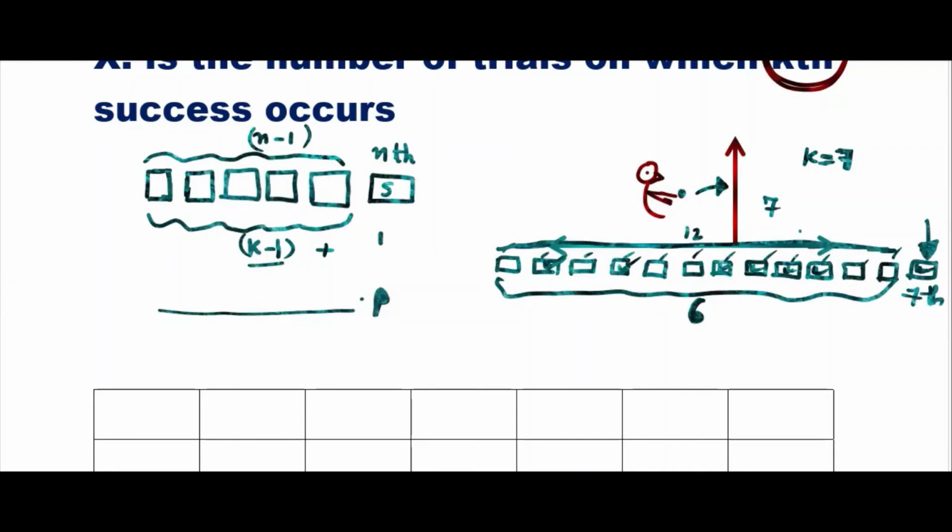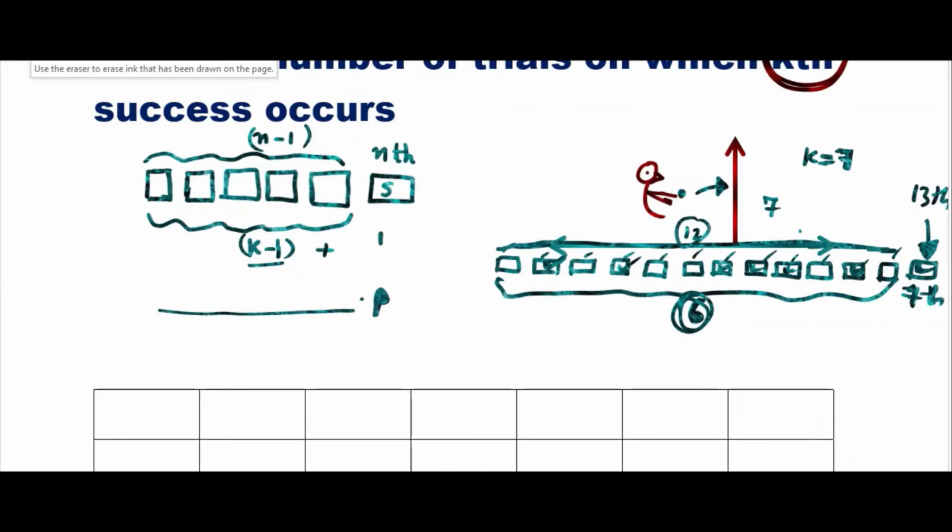That means when I say I stopped just now, then I'm sure that I got a success. That guy who is throwing got a success here on the 7th one. That is the 13th trial. That means 6 out of 12 you have to get. Here I can change the ticks. I can make this one a success, this one I can cancel. Those things I can do within this, but this one is fixed. I want to get 6 out of 12, and the last one should be a success. That way I will get 7 successes on the 13th trial. So in 13 trials, 7.